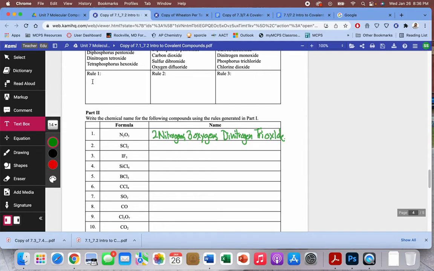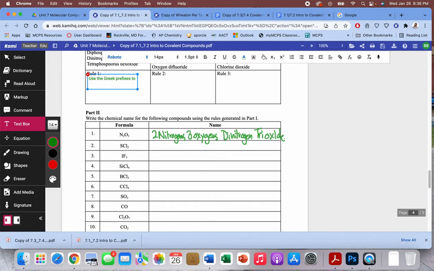So if we go over here, the first rule is we use the Greek prefixes to identify the quantity of each element. Right? So that's pretty simple. Di, tri, right? The Greek prefixes. The second thing is that